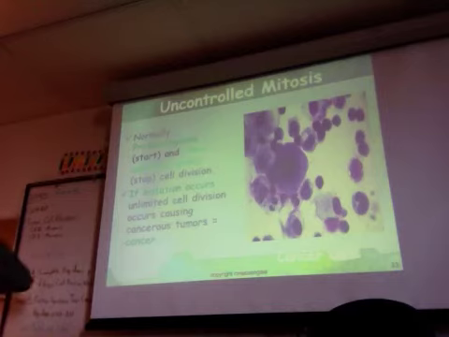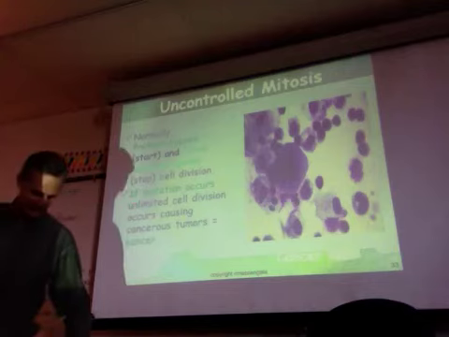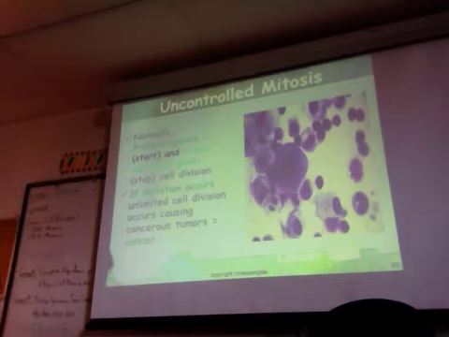In normal scenarios, you have a start signal, and that start signal is what the proto-oncogenes typically are. They'll say start dividing, and that signal typically is sent from outside of a cell. And then there's another signal to stop division, and that's called the tumor suppressor gene. Tumor suppressor gene, and that's the stop signal. So this starts it, this stops it, and obviously those checkpoints play a role in whether